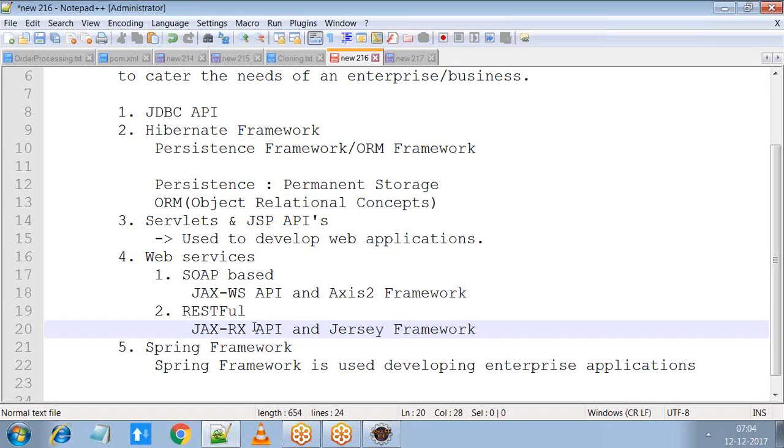Hibernate, Access to, Jersey, and Spring frameworks. Yes, they are open source. They are provided by third-party people. Open source communities have provided those frameworks. Yes. So,